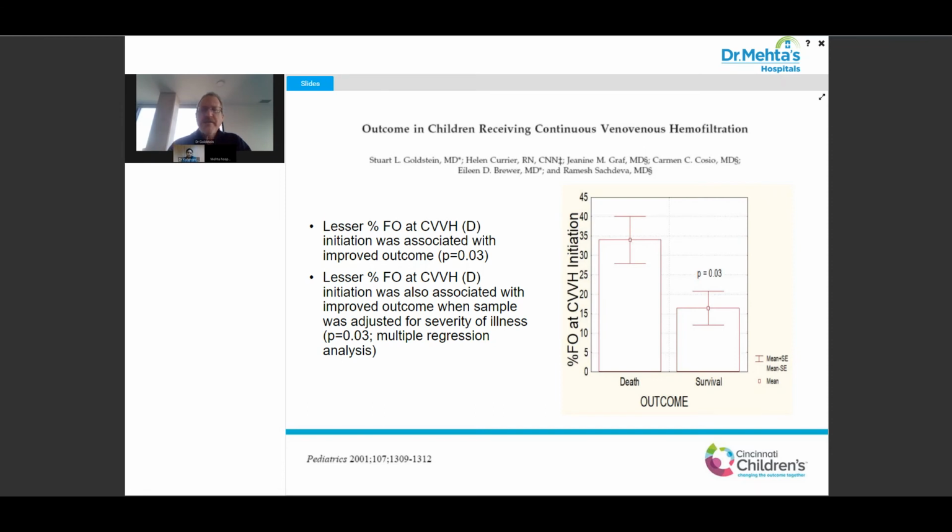But let's think about these numbers here. So let's pretend we have a 30-kilo patient admitted to your ICU. Patient who's 15% fluid overloaded, that's an additional 4.5 liters of fluid positivity. Patient who's 35% fluid overloaded, that's an additional 10.5 liters of fluid in a 30-kilo patient. So more fluid is not helping that patient. And the question is, do patients really need that fluid? And maybe starting renal replacement therapy could help.